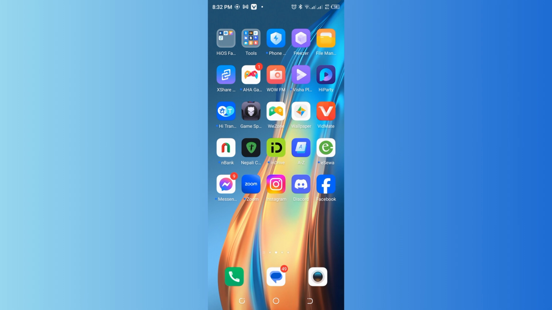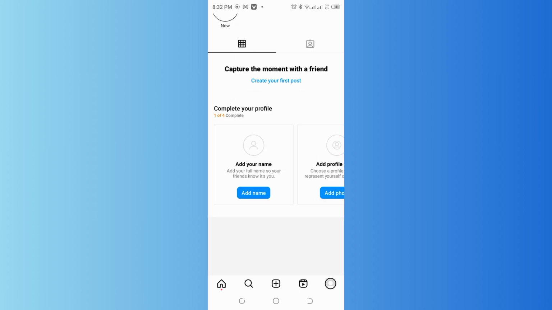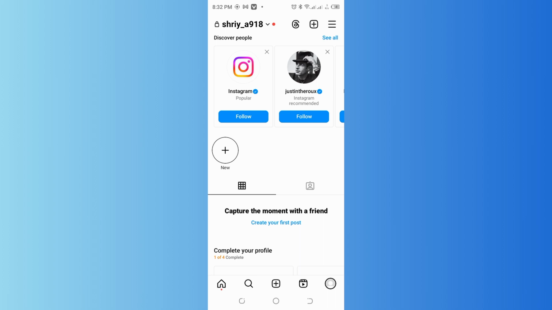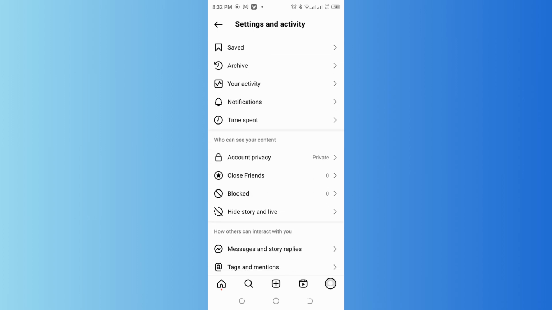First, you need to open your Instagram app, and what you have to do is on the bottom right corner there's your profile icon. Go there, and after you reach your profile, on the top right corner there's a three-line icon. Tap there again, and from here you need to scroll a bit down and you need to go